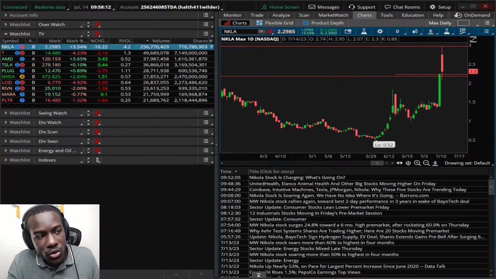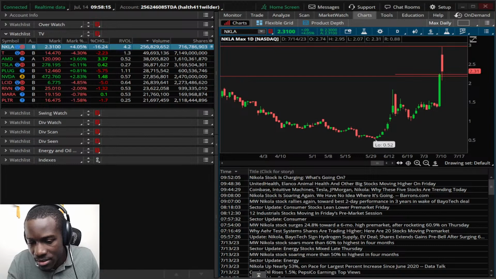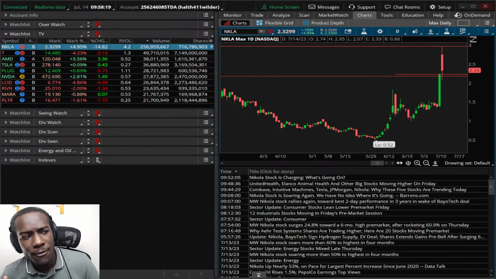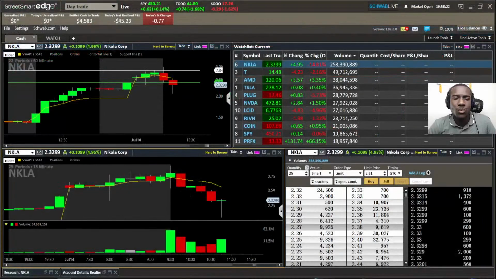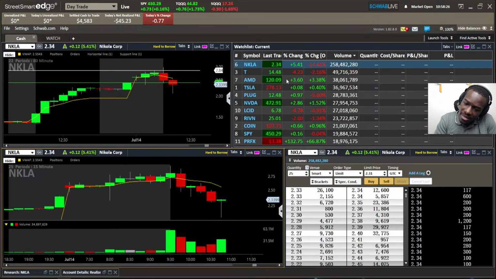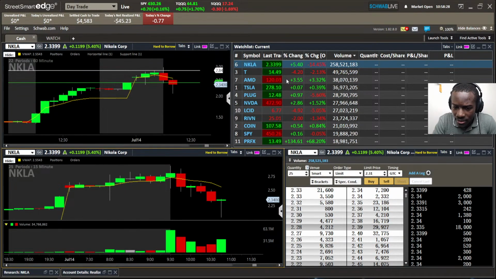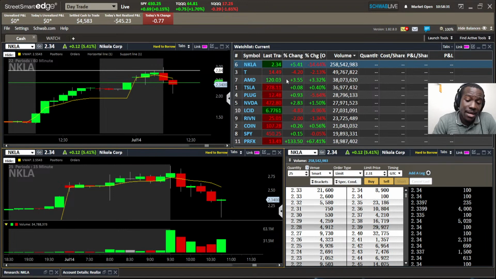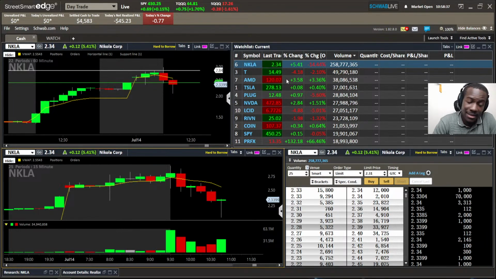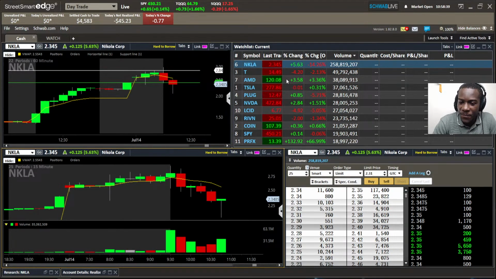We usually look to trade things that are 5 and higher on relative volume because we see things from 5 to 500. So for it to be 4.2, that's really low. The other thing counting against it is the shares outstanding and the high float. It's about 530 million. Yes, it is about momentum, but you can calculate the amount of momentum by the float. This is not a low float. This is a killer. This is a straight up killer.